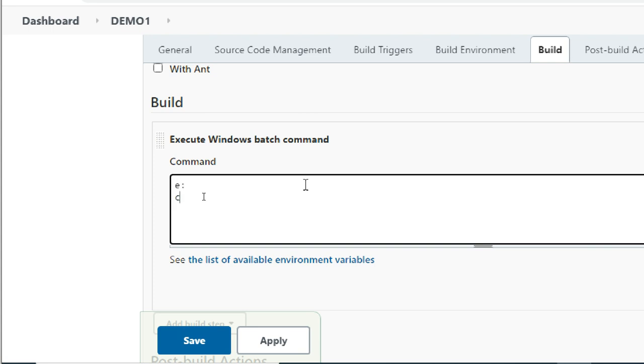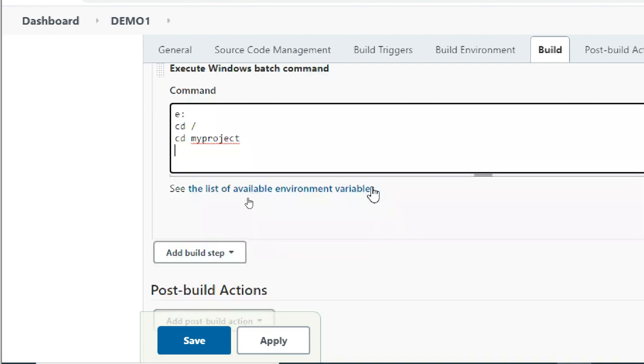So what is the first one? E colon, cd slash. It means in case the E drive location is different, then it can be difficult. So cd slash and cd my project. I want to do everything inside that one only.